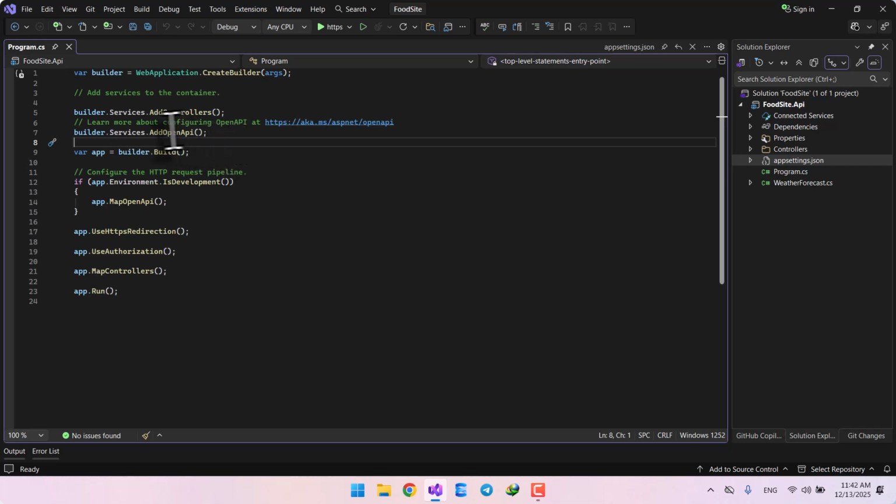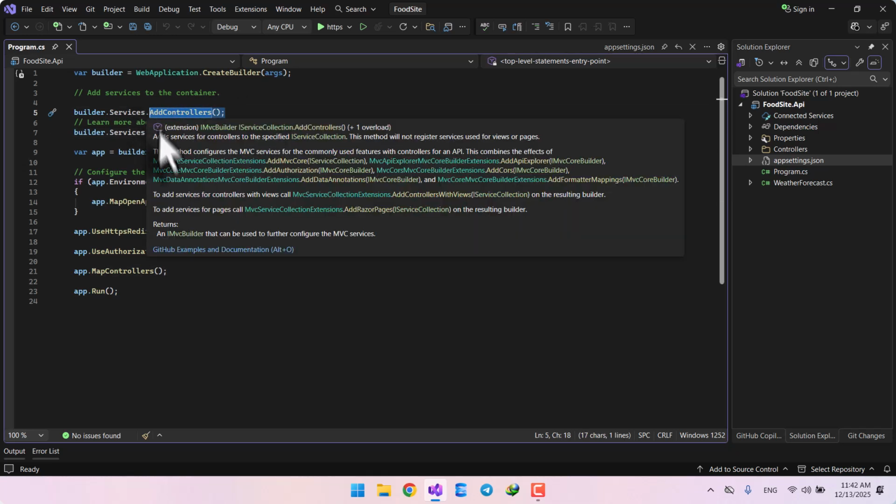So through this builder.Services.AddControllers, typically in this section we can add anything that we need to dependency injection. This AddControllers typically adds all the things that your application needs for writing APIs in the MVC pattern. Everything you need will be added through this AddControllers, which is an extension method. Then we have